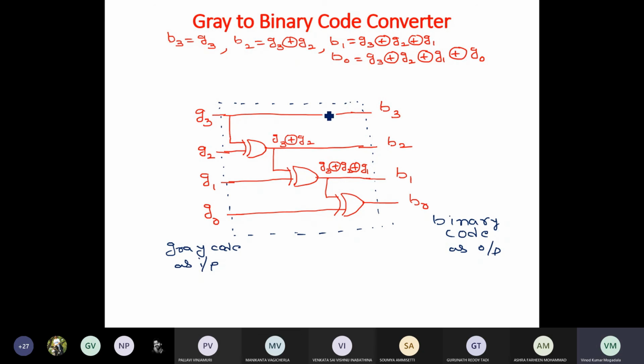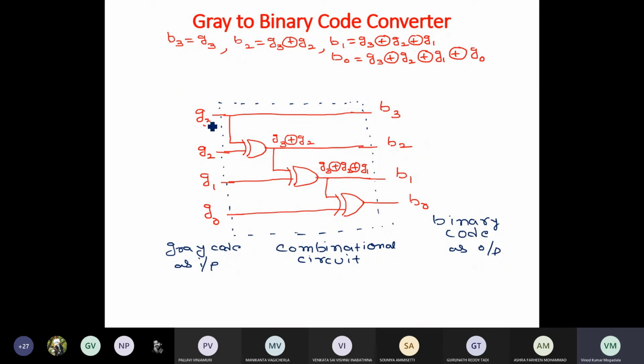So this box will act as gray code to binary code converter.